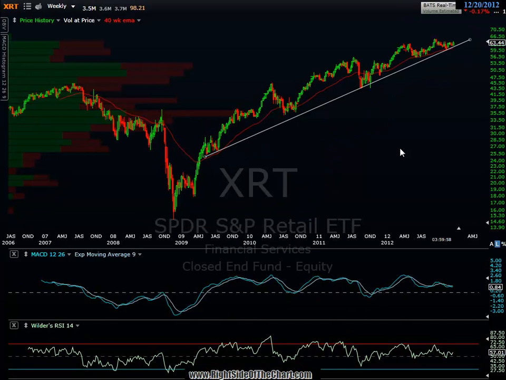XRT, SPDR Retail ETF, pretty clear trend line, and prices are still above it. So support is support until broken, as I like to say. And